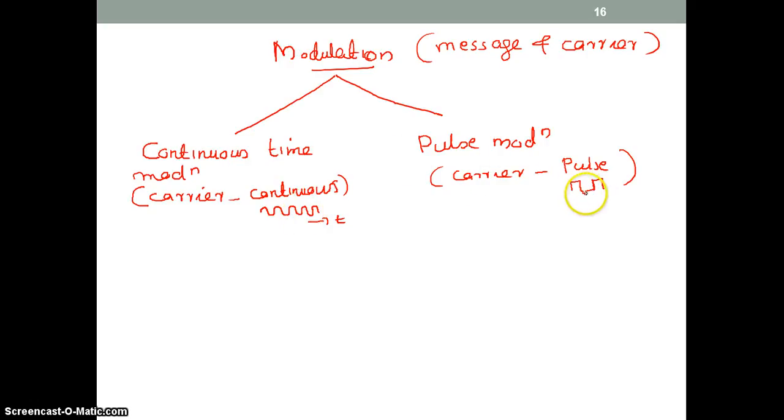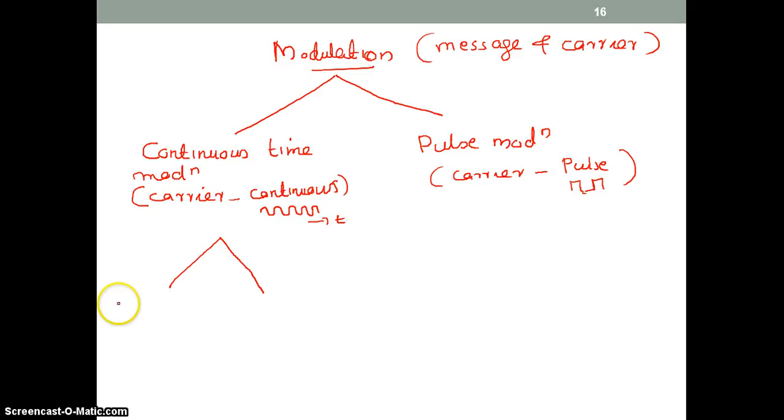the carrier is pulse type. Now, we are not telling about the nature of the message signal. Here, in continuous time modulation, we are only telling that the carrier is continuous. The message can be continuous or the message can be discrete. In pulse modulation also, the message can be continuous or discrete. So again, based on the nature of the message signal, continuous time modulation is classified again into two types. They are